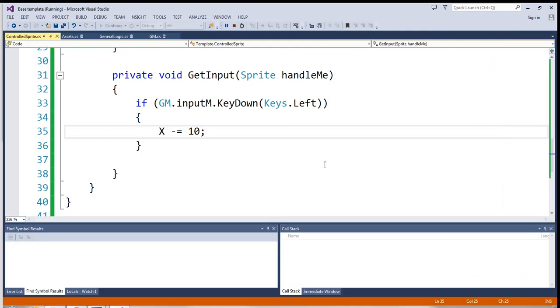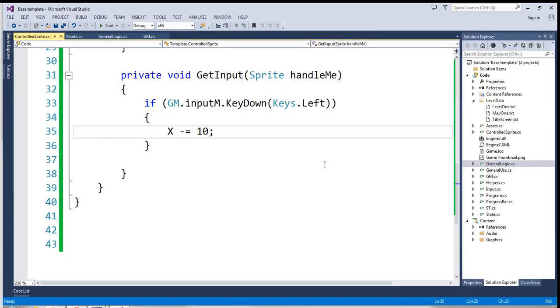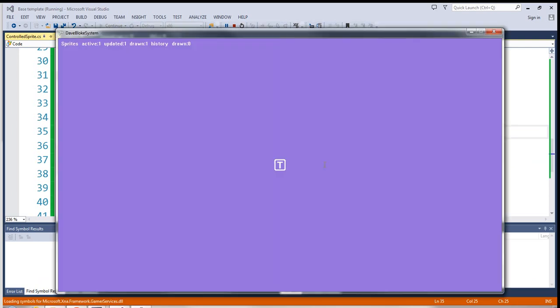If I run this, that moved off the screen when the key was down. Let me run it again. Okay, the recording software makes it a bit jerky, but